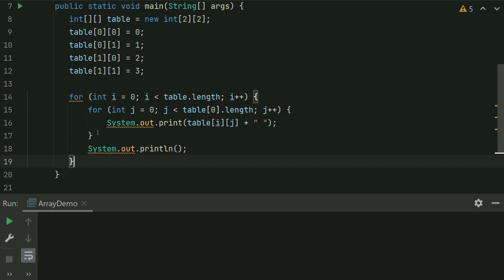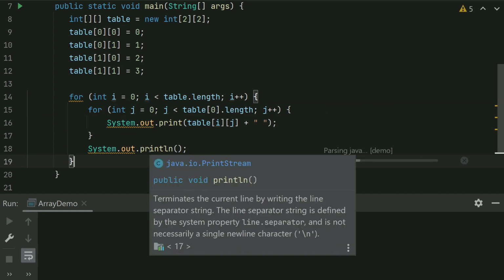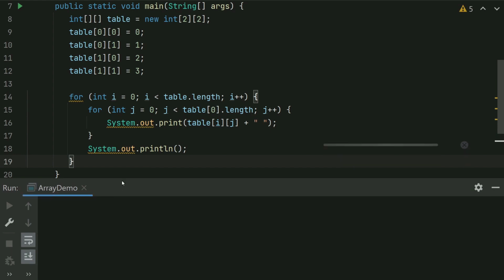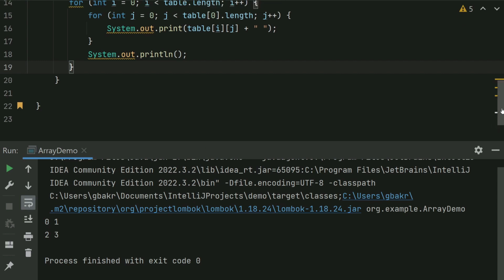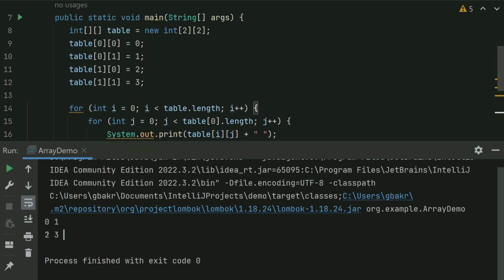And now let's see if our code actually works and if it gives us the desired output. And after running this code, we can see that we get this two-dimensional table, a simple representation of it, and we got 0 and 1 on the first row as expected, and 2 and 3 on the second row. So this is just a simple example of how we can use arrays with more than one dimension